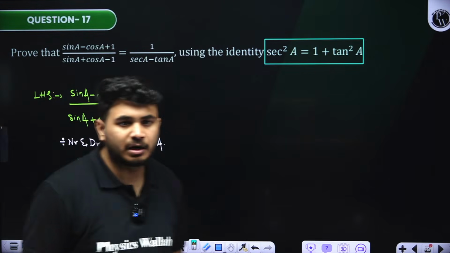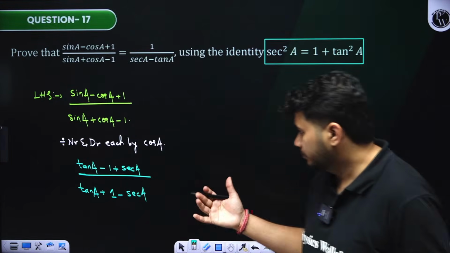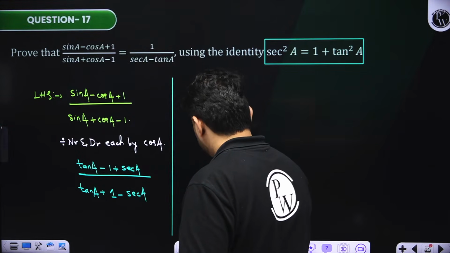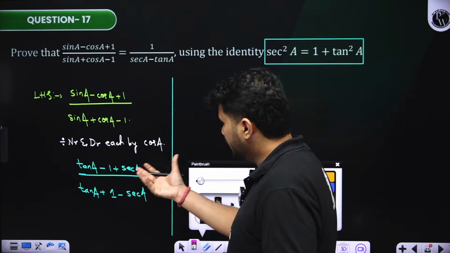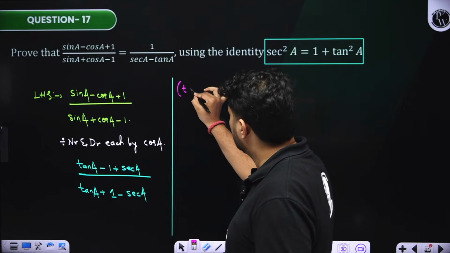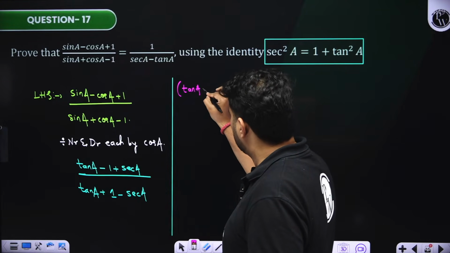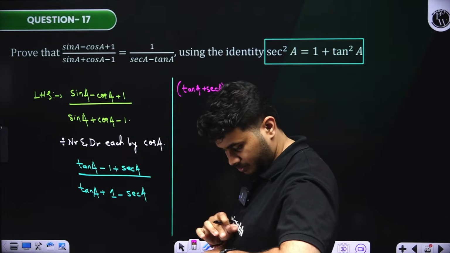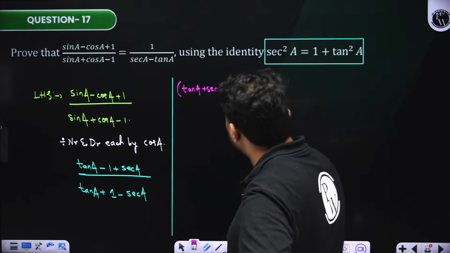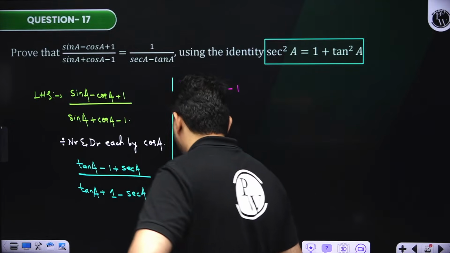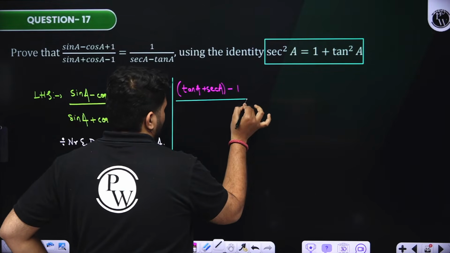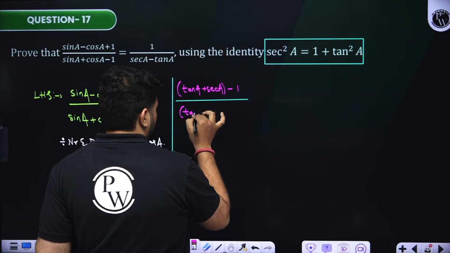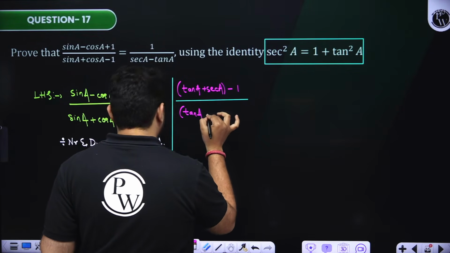Now try to combine. Fine, we will try to modify this equation because directly it is not coming, we know that. So from here, students, what we will do is, your tan A plus secant A, let it be as it is. Tan A plus secant A minus 1, we have divided by the denominator over here, tan A minus secant A